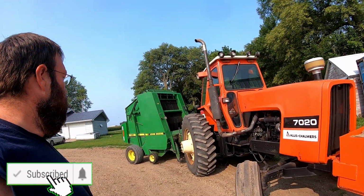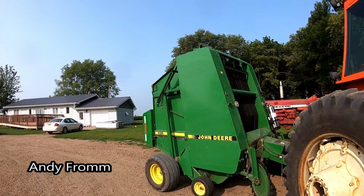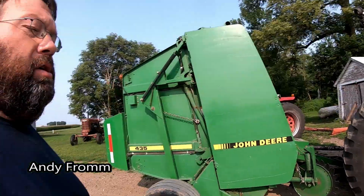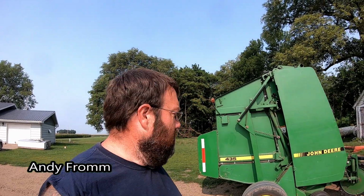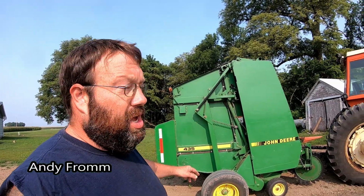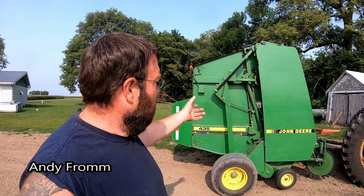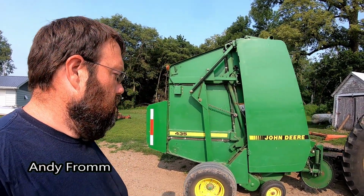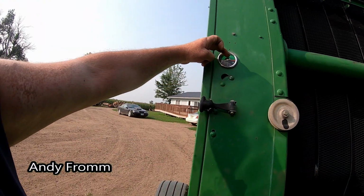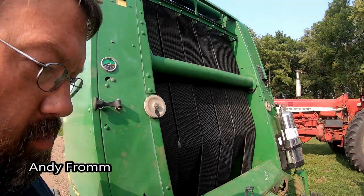Gonna take the Alice out with the John Deere 435 round baler with net wrap on and roll up some hay. Hopefully I got most of the bugs worked out of it. I haven't checked the cylinders again. They had a little bit of a leak down issue. I'm leaning towards it being the cylinders because when you would close the chamber, your pressure would slowly bleed off here. So I haven't got that figured out yet, but